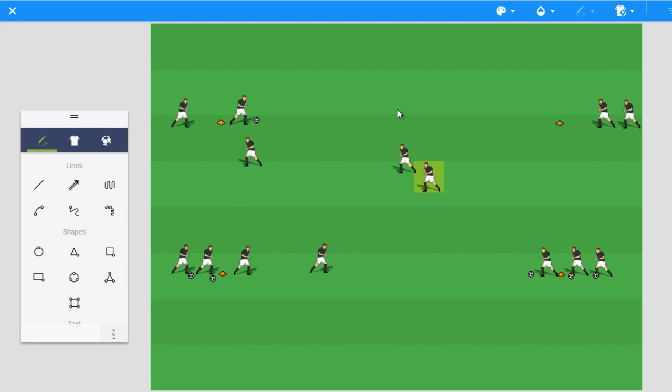Obviously, before you did something like this, you would work on all the different types of turns. So turning with the inside of the foot, outside of the foot, perhaps behind the leg, or turning to face up the defender, so that they can then choose which is the appropriate turn given the amount of pressure they're under. So I find that this is a great activity to work on turning, because you just get so many